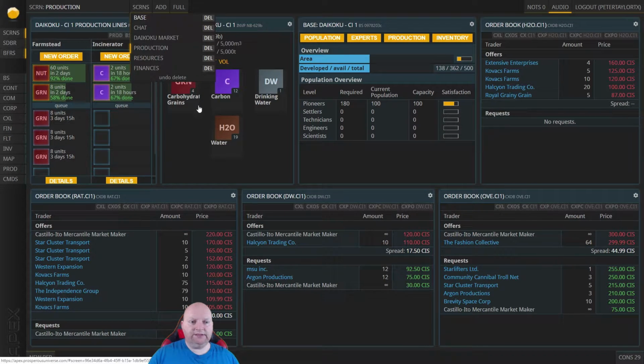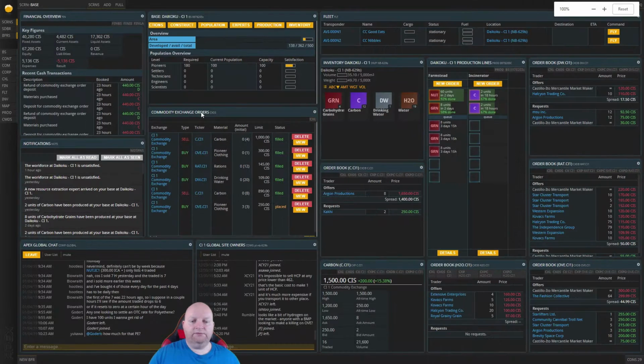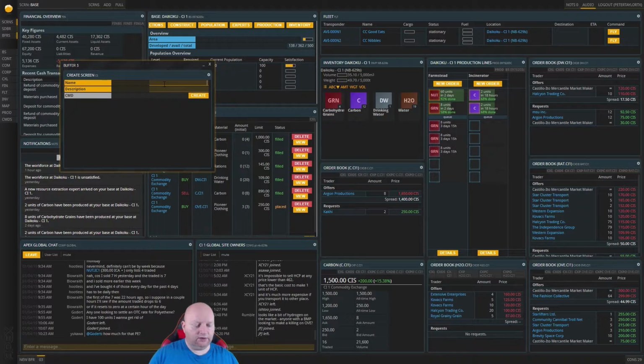Let's go back to base. Reset to the zoom so I can see what I'm looking at. So we've got the commodity orders. So that's our selling screen. So we're going to want a selling screen. So that'll be selling and buying. So we're going to want roughly the same thing as before. So we're going to want another screen add. This one will be called